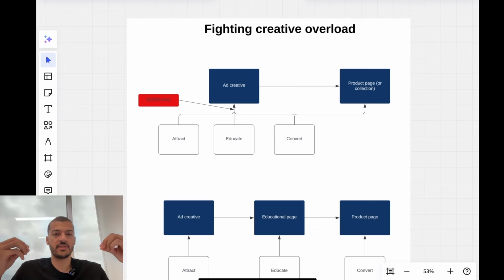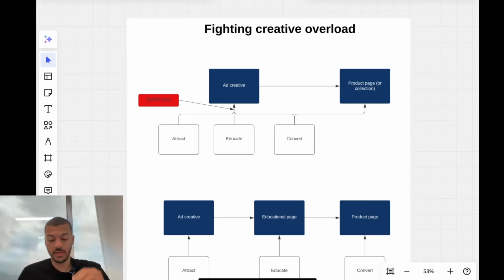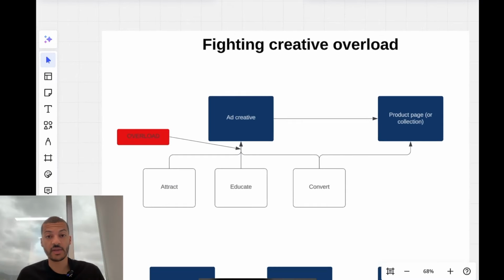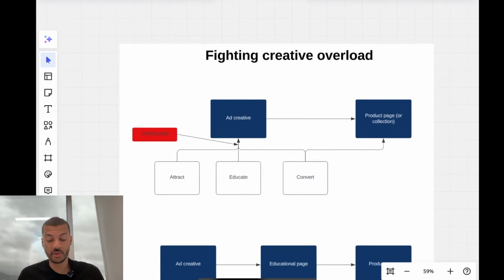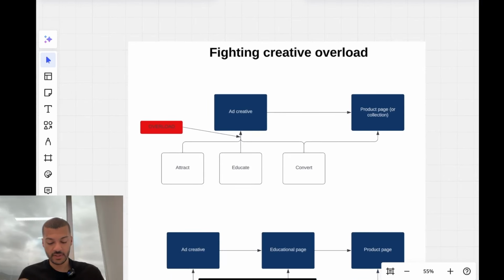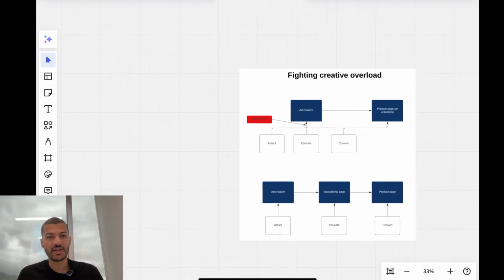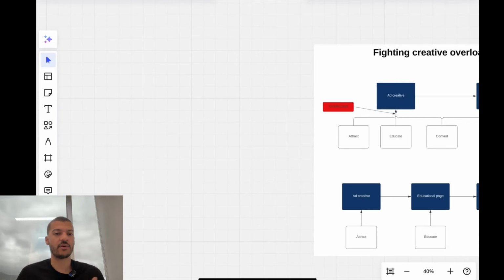The root cause of why we were not able to scale efficiently and maintain a stable cost per acquisition was that we were overloading our creatives. And that's a very, very important concept that I want you to take away from this video. Because what most people are doing is they try to attract people, educate people, and convert people in one creative. Now when you look at what is actually happening in the market,